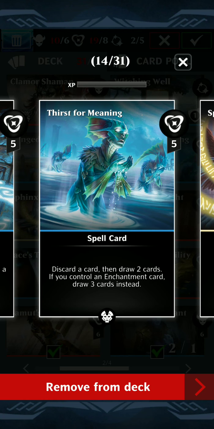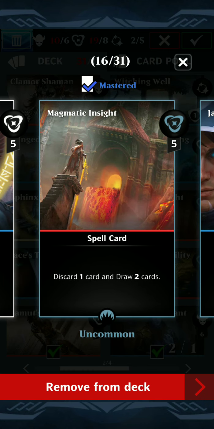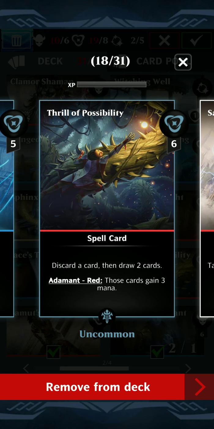But we'll just go through the rest of these really quickly. Some of these cards that can discard a card and then draw a card are great because it allows you to draw 2 cards, even if your hand would be full, because you discard and then are able to draw 2, which is nice. So that can help charge a little extra mana on things. Sphinx's Insight draws 2. Magmatic Insight, another discard and draw. Jace's Triumph draws 2. Thrill of Possibility is a discard and draw, which could theoretically get